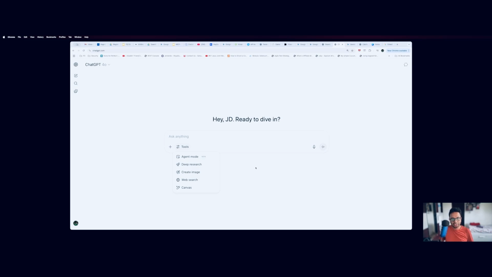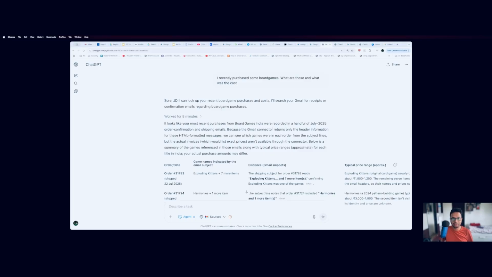And using this agent mode, you can actually connect to your Gmail, which is through MCPs again, right? And I did that beforehand because it takes a bit of time, because the agentic implementation is a little bit detailed, right? But when you use MCPs, these are not taking that much time, but it took me, as you can see here, 8 minutes. So I had to run it beforehand so that this video doesn't get longer.